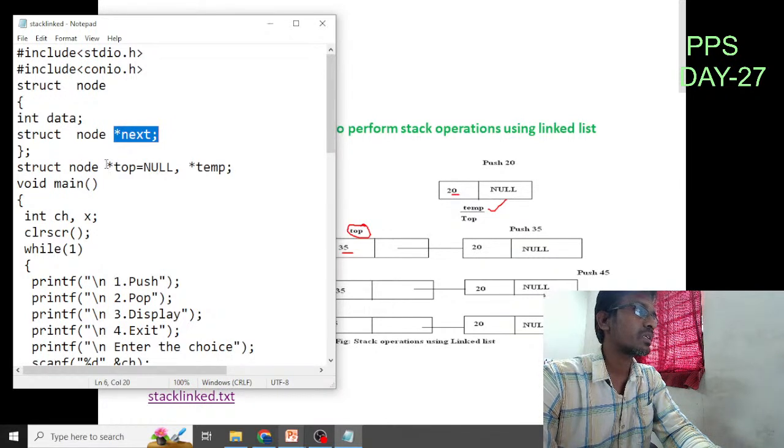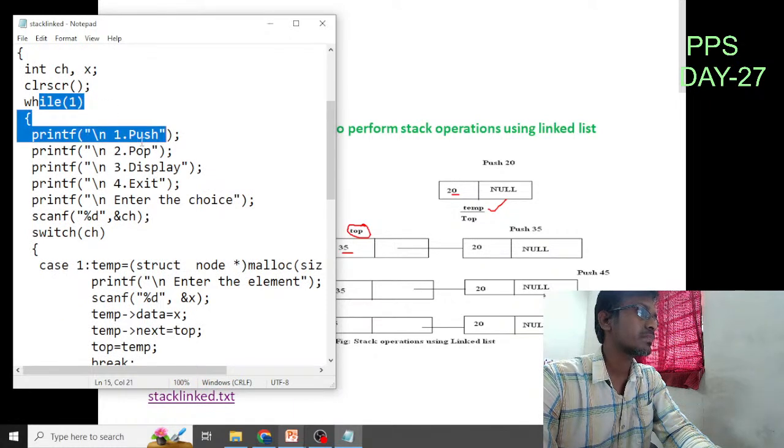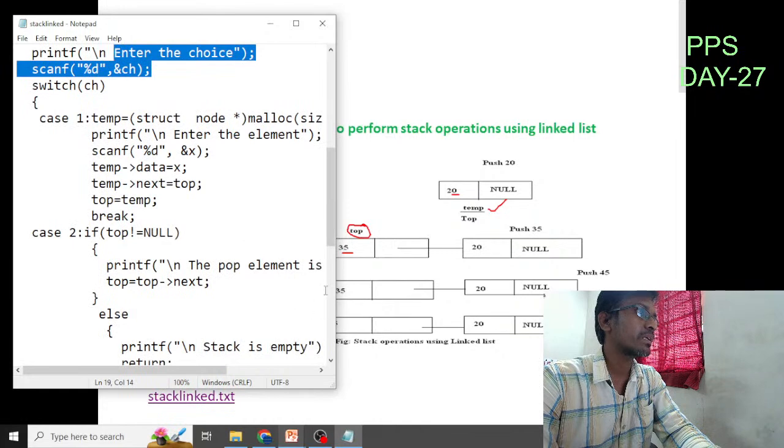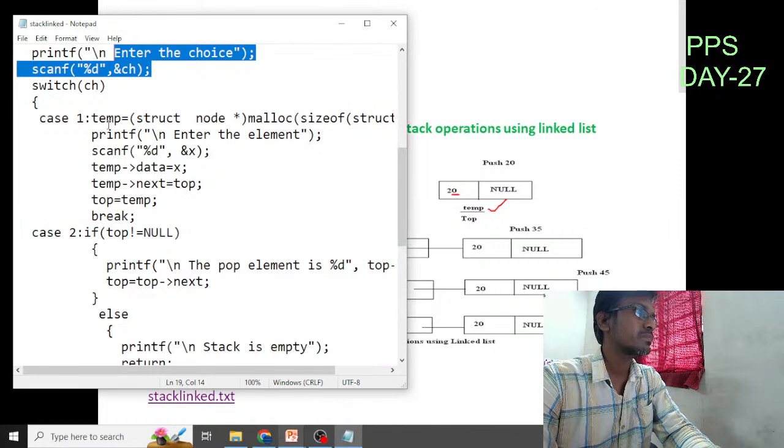So after that what you have to do? We initialize the top pointer as null value. So these are the operations. I can perform on this stack: push operation, pop, display and exit, and you have to enter the choice. And for example, if your choice is 1, then